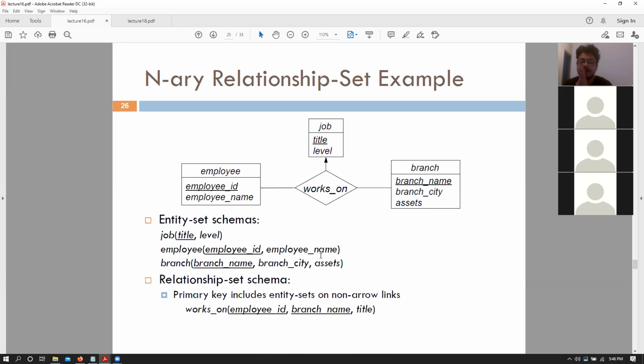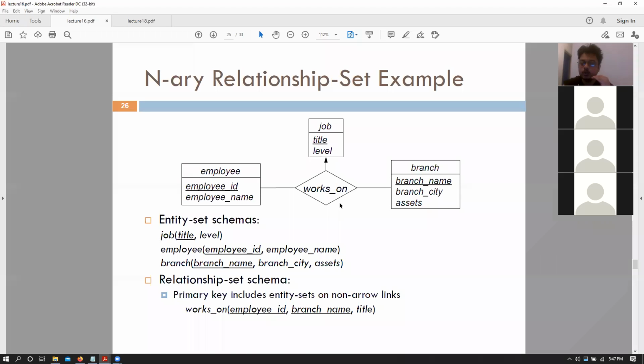We can also have more, so we looked at binary relationships, but we can also have more than two entity sets. That is where a relationship actually connects more than two sets of entities, right? So in that scenario, again, let's say that we want to convert this particular relation that we have into its corresponding relationship model, right?